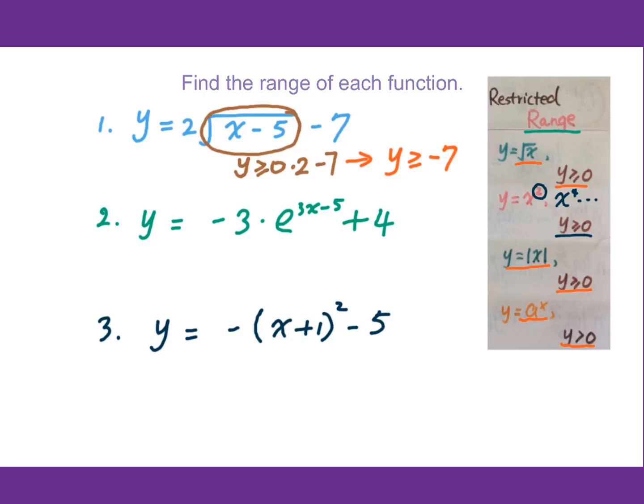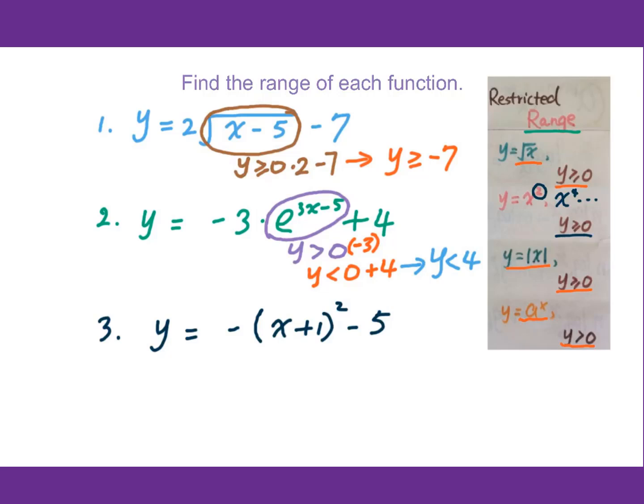For number 2, y equals negative 3 times e to the 3x minus 5 power, plus 4. We want to find the range for this. First of all, whenever you say exponential function, that is y greater than 0. We multiply by negative 3. When you multiply by a negative number, we switch the symbol. So we get y less than 0, then plus 4, which means y less than 4 will be the range. Remember, when you multiply by negative 3, you switch the symbol. In other words, you have to use the mommy, daddy, nanny, that's multiply, divide by negative number, you switch the